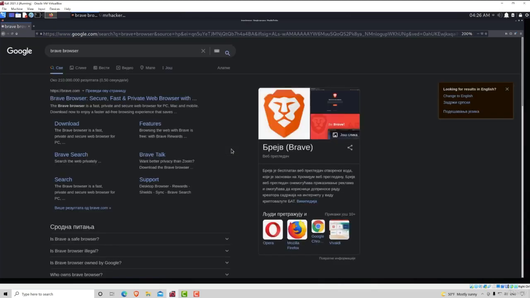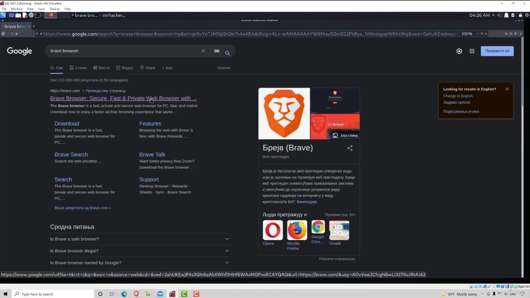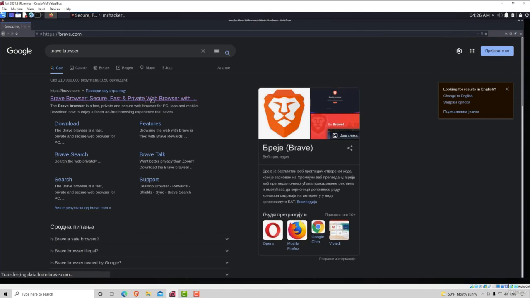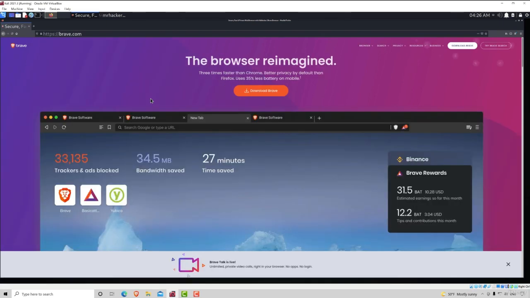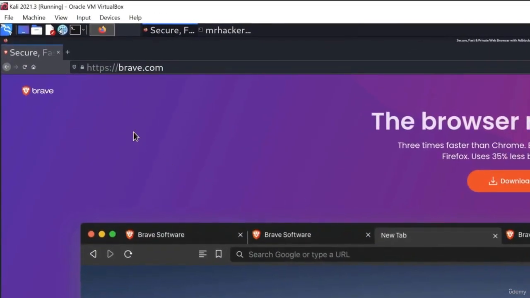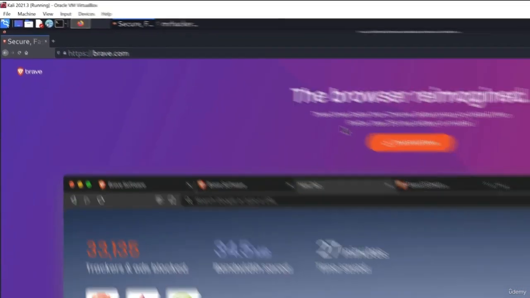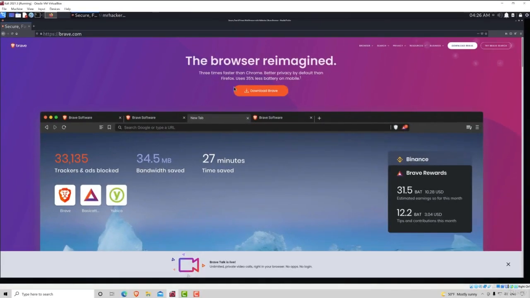Brave browser has really good security and privacy, and in its settings it has a bunch of different options that allow you to set the privacy level to your own needs and also to make you more anonymous on the internet. So this is the page where you can download Brave from, and it's just a recommendation. If you want to use it, feel free to use it. The choice is completely yours. Nonetheless, let's get straight into the next video, where we are going to take a look at running Nmap through a